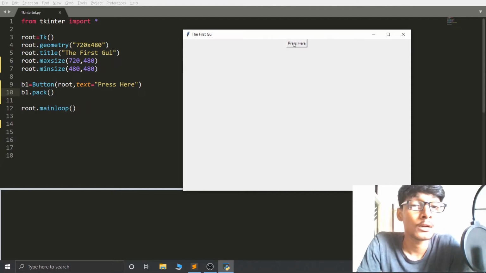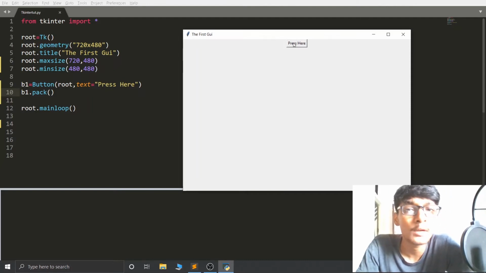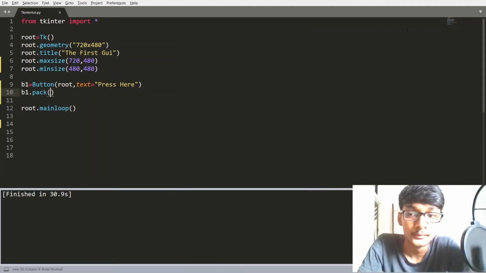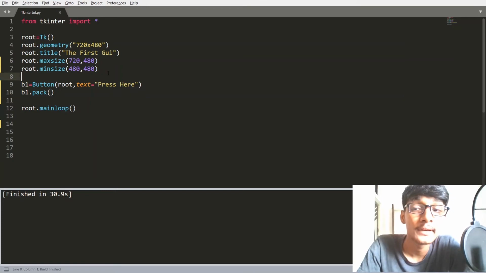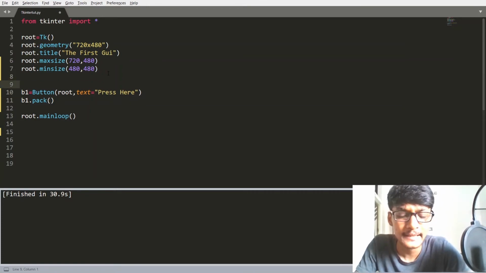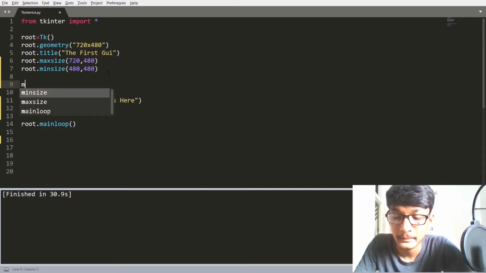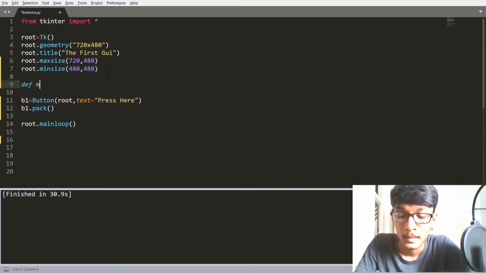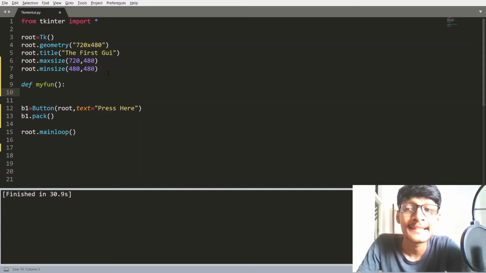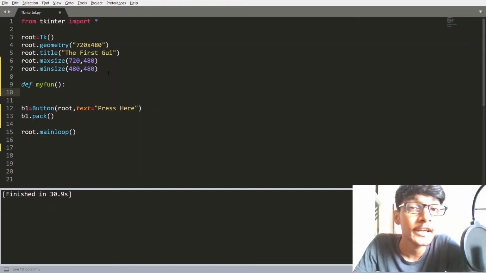To do that we have to create one function to handle all these things. So here I am going to create a function called my_fun, and inside that function I am going to create one label.